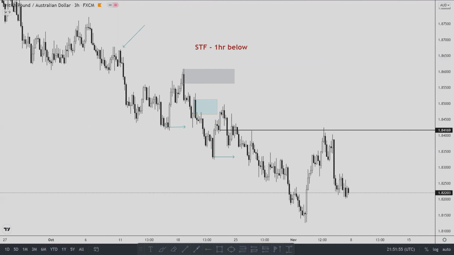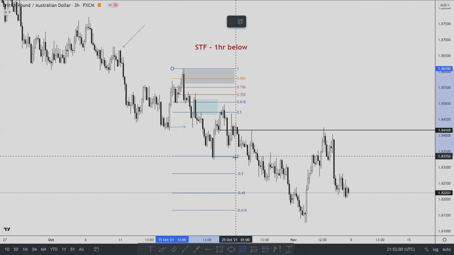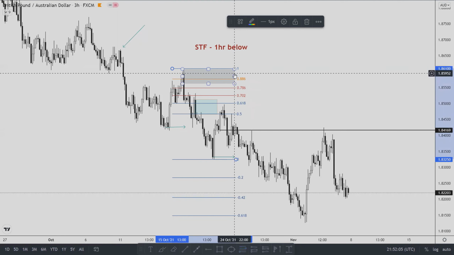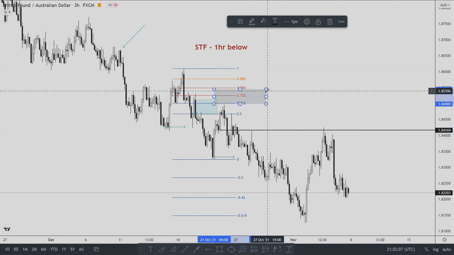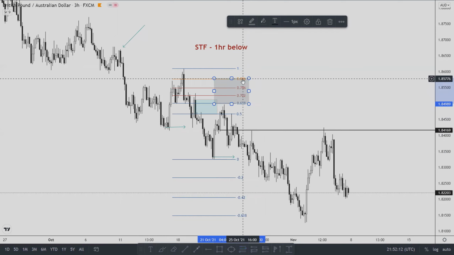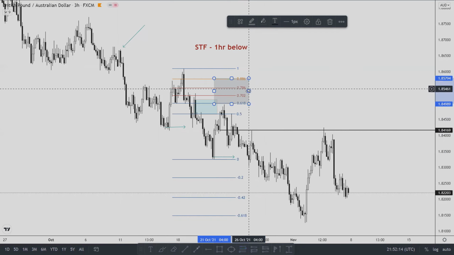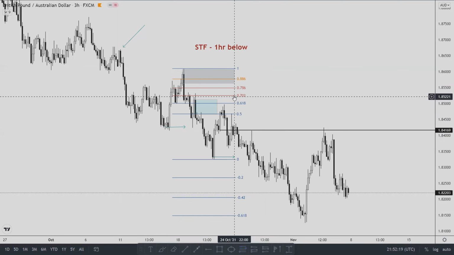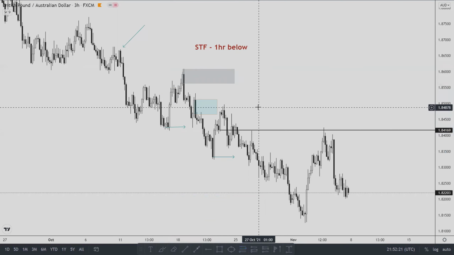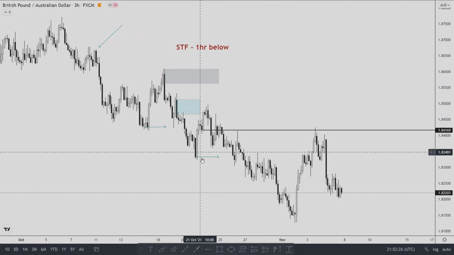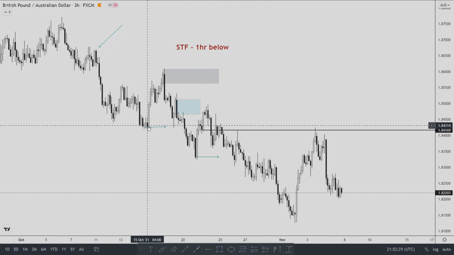So likewise, you can anticipate for price to retrace to a point, taking our fib out again. So typically, I personally like to look at price in the region from 61.8 to 88.6. But in this scenario, price doesn't reach that point. So for the sake of this video, we're just going to observe what happens. So from the top again, as we've made a low, breaking below the previous low,